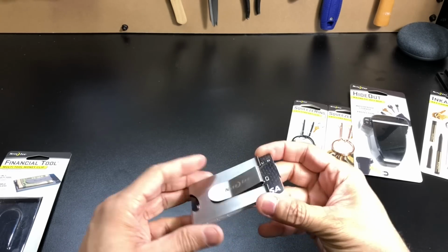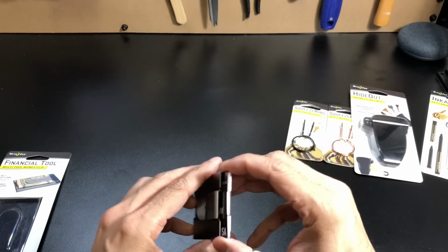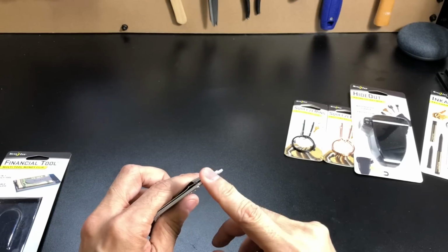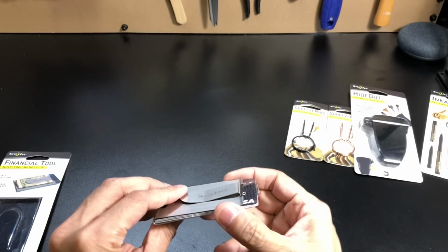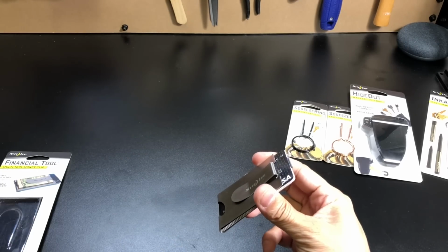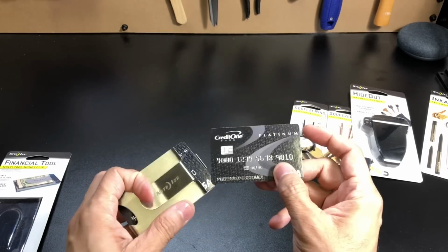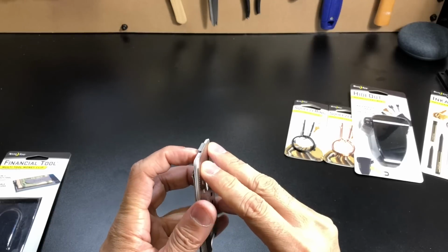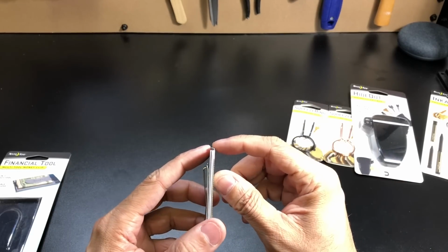So there's the cards. It has a little lip that comes up right here, so the cards aren't going to slide out that easily. I just have about 3 cards there. Now these, just so you know, they are a little bit thinner than regular credit cards because they're kind of like the ones that they send in the mail to let you know, hey, you've been accepted for something. So just keep that in mind. It obviously, this is 4 now in there, so it'll probably hold maybe 2 or 3 in that little lip